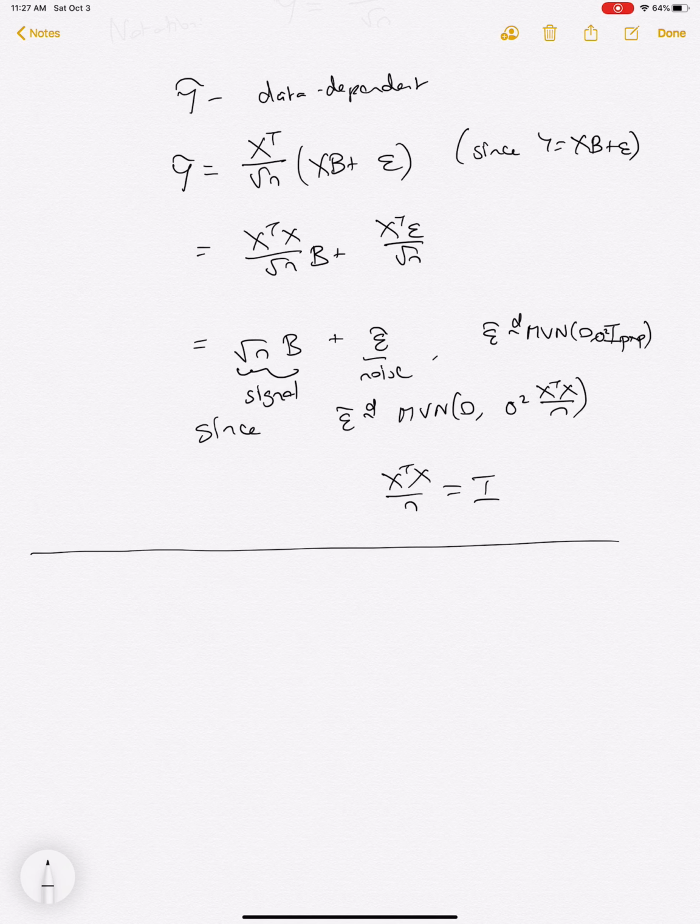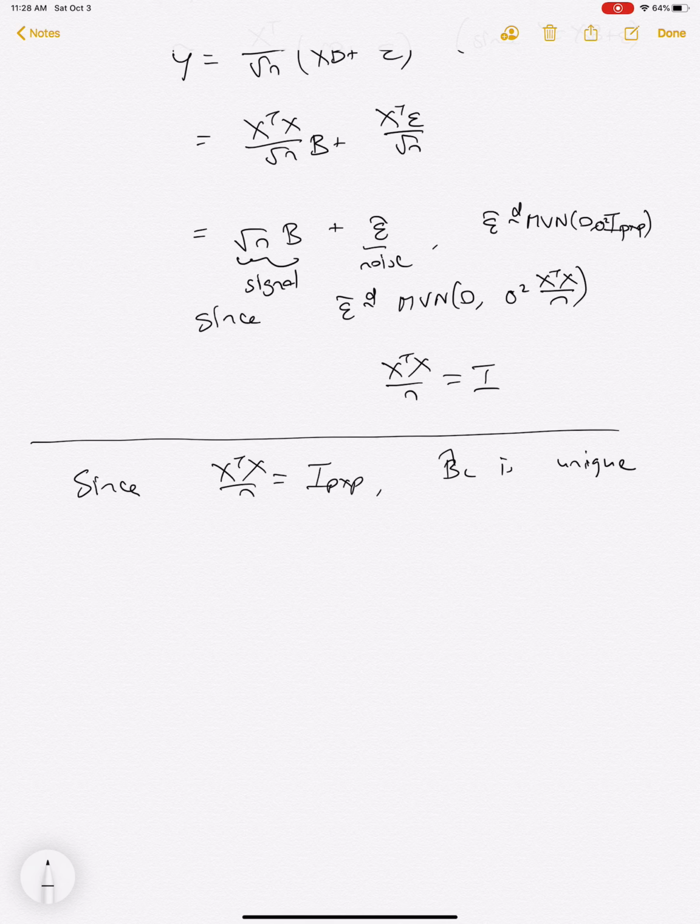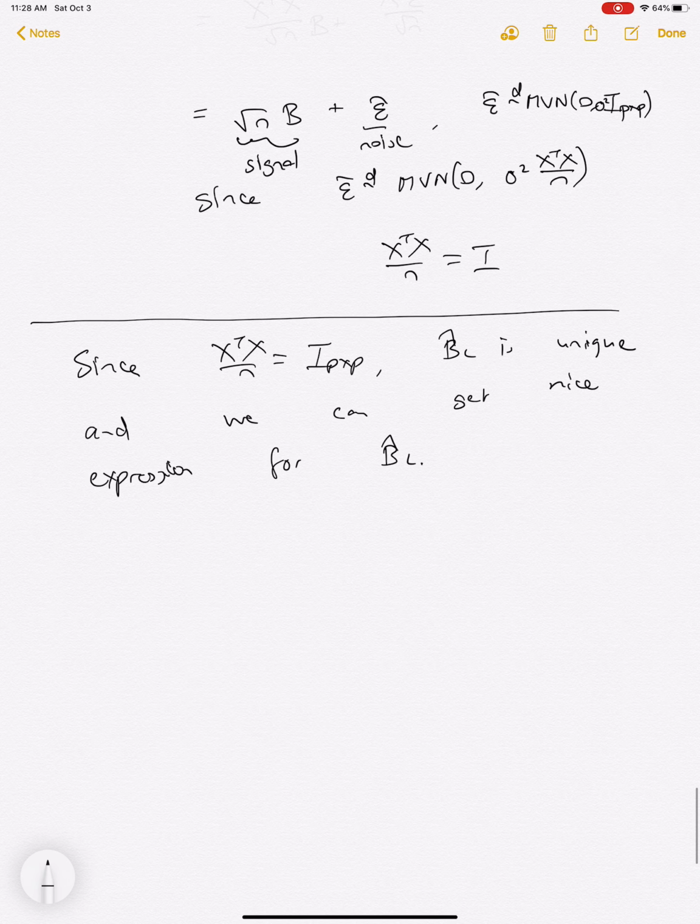Okay, so now, since x transpose x over n equals the identity, that's our assumption, we know that B hat L is unique, because the rank of x is P, that naturally follows. And it also means that, okay, and so just to remind everyone,